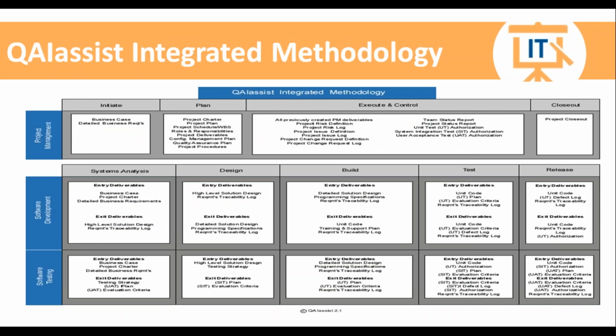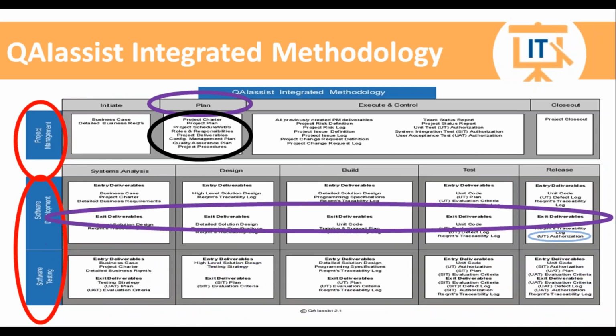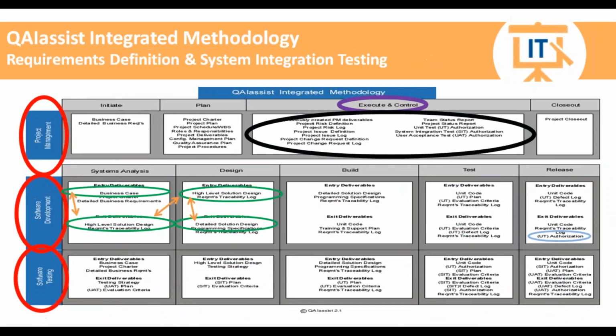So similarly, system integration testing. This is where we're trying to get to, the authorization of system integration testing. We know we have our unit test authorized. And as we went through our project and planned it all, we did our detailed solution design deliverables, one per function. We were able to drive out our system integration test plans per function and our evaluation criteria for those functions and those subsystems.